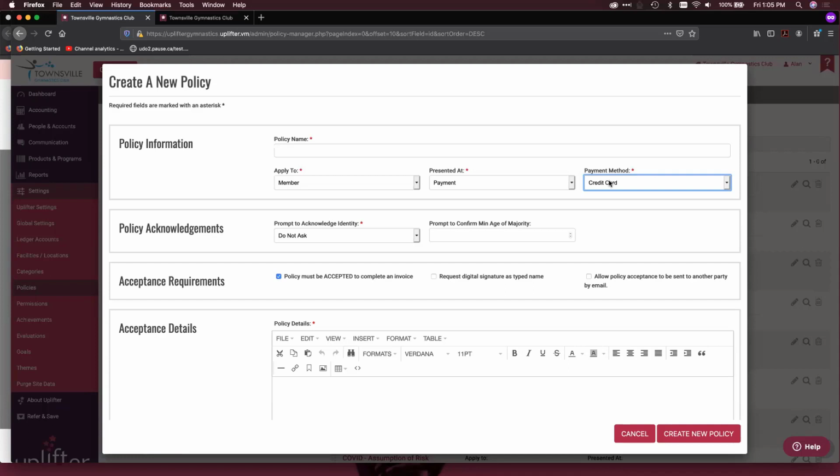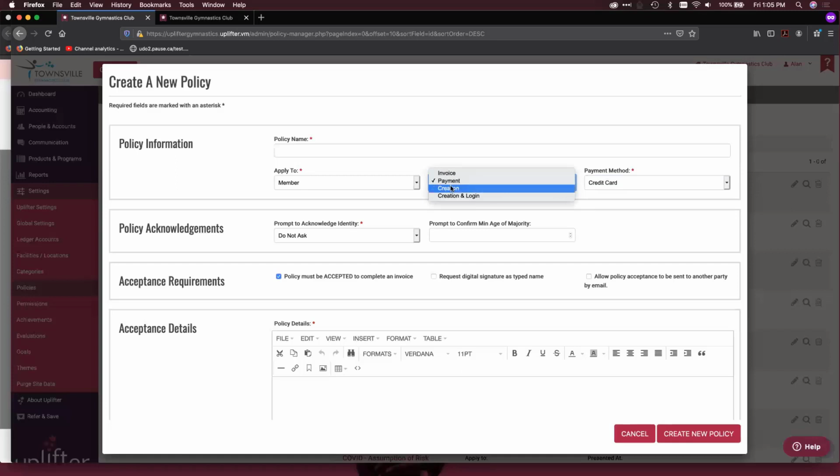So for example, with installments, the credit card would be used to process subsequent installments that might appear on their invoice, or if the member requests any changes to the services that are provided by your club to the specific invoice in play, then the credit card would be recharged, or refunds would be applied to the credit card that has been entered at this time. So you can specify the wording of that policy as you need.